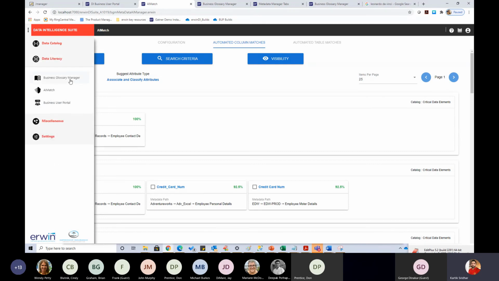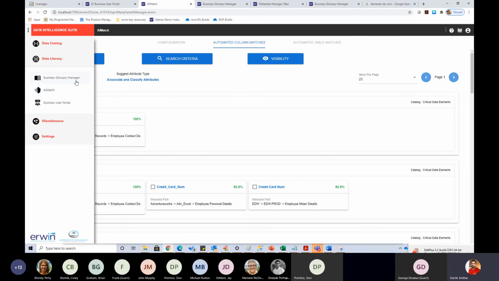So data literacy is where you will see your business glossary, your business user portal, and the new AI match component that helps you automatically enrich the business terms with the right technical context. Are there any specific questions that you had on the data literacy front?